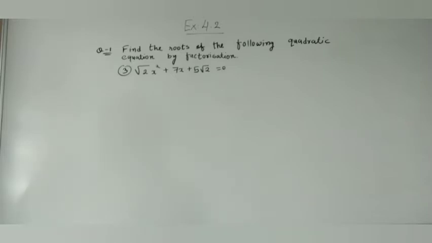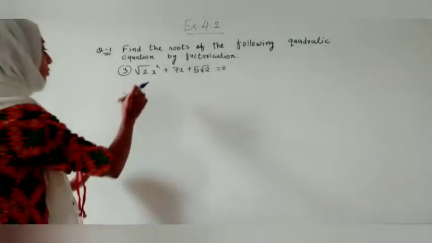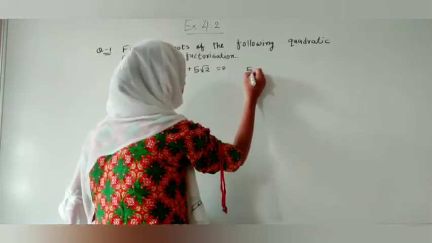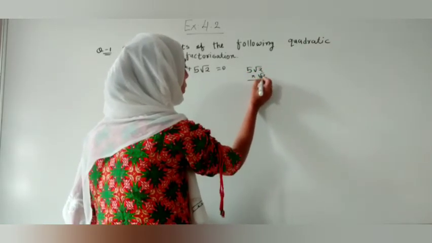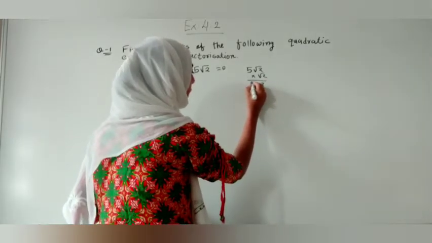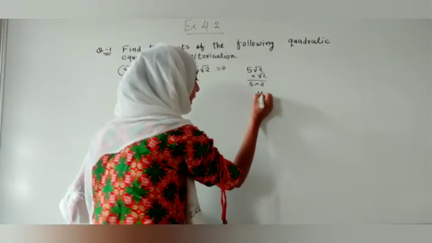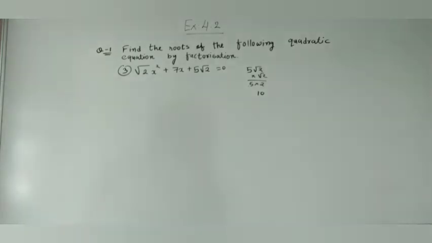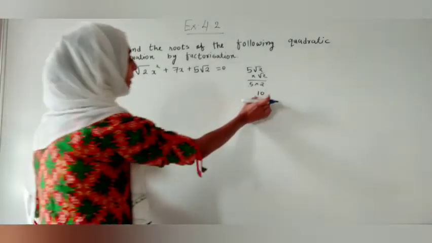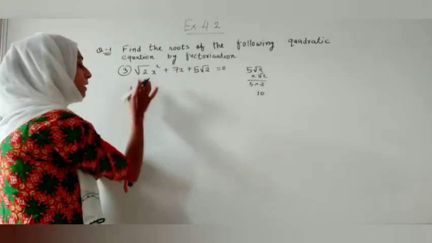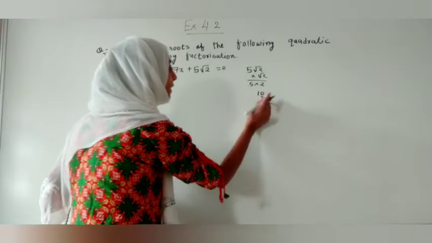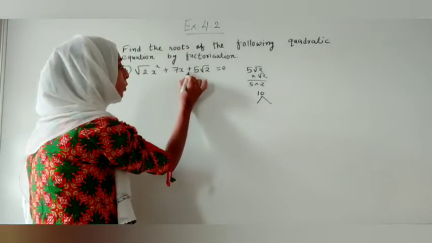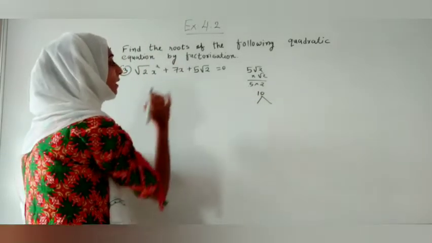Now how will we split the middle term? Means first we have to multiply this. If we are multiplying 5 root 2 with root 2, these two root 2 will make 2 and 5 will remain the same. Means 5 2s are 10. Means after multiplying we are getting the simplest form, that is 10. So we don't have to take out factors of 5 root 2 or root 2, we have to take out the possible factors of 10. Then when we are adding it, we are getting 7.